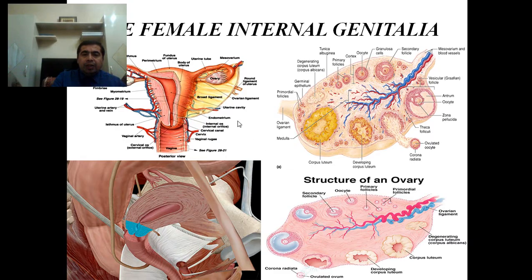Here's the female internal genitalia, again the cross section of the ovaries, about the structure of the ovaries and the uterus. You are well informed during your practical classes. Like the testis, the ovaries also develop in the abdominal cavity, but then they descend, but they only reach the pelvic cavity, the cavity of the lesser pelvis, being located at the lateral wall